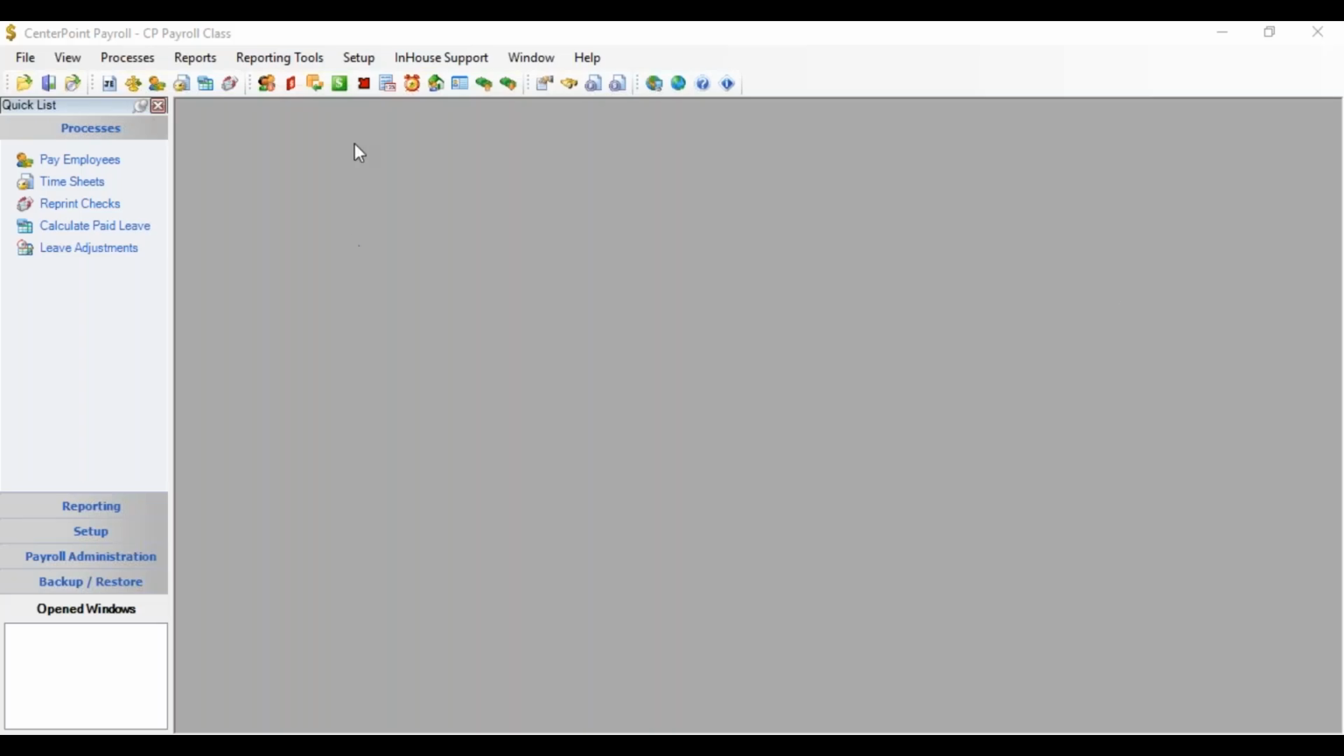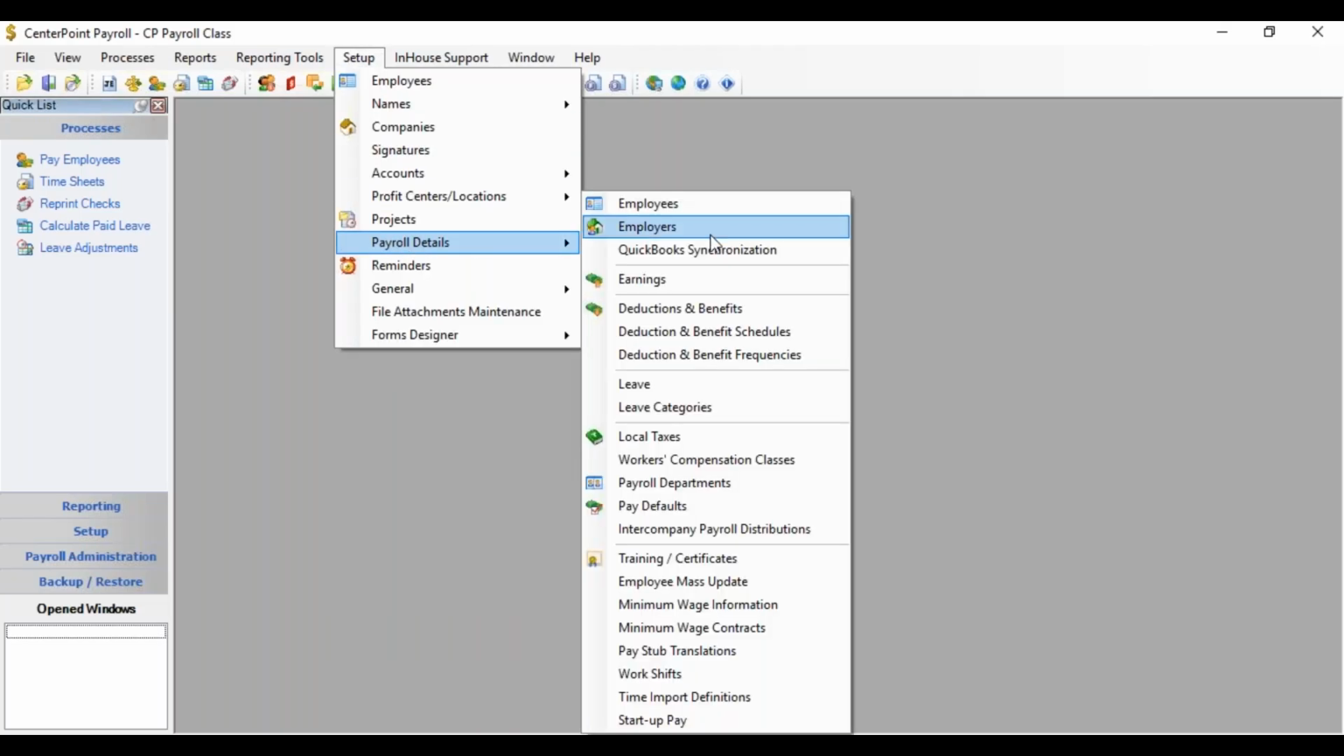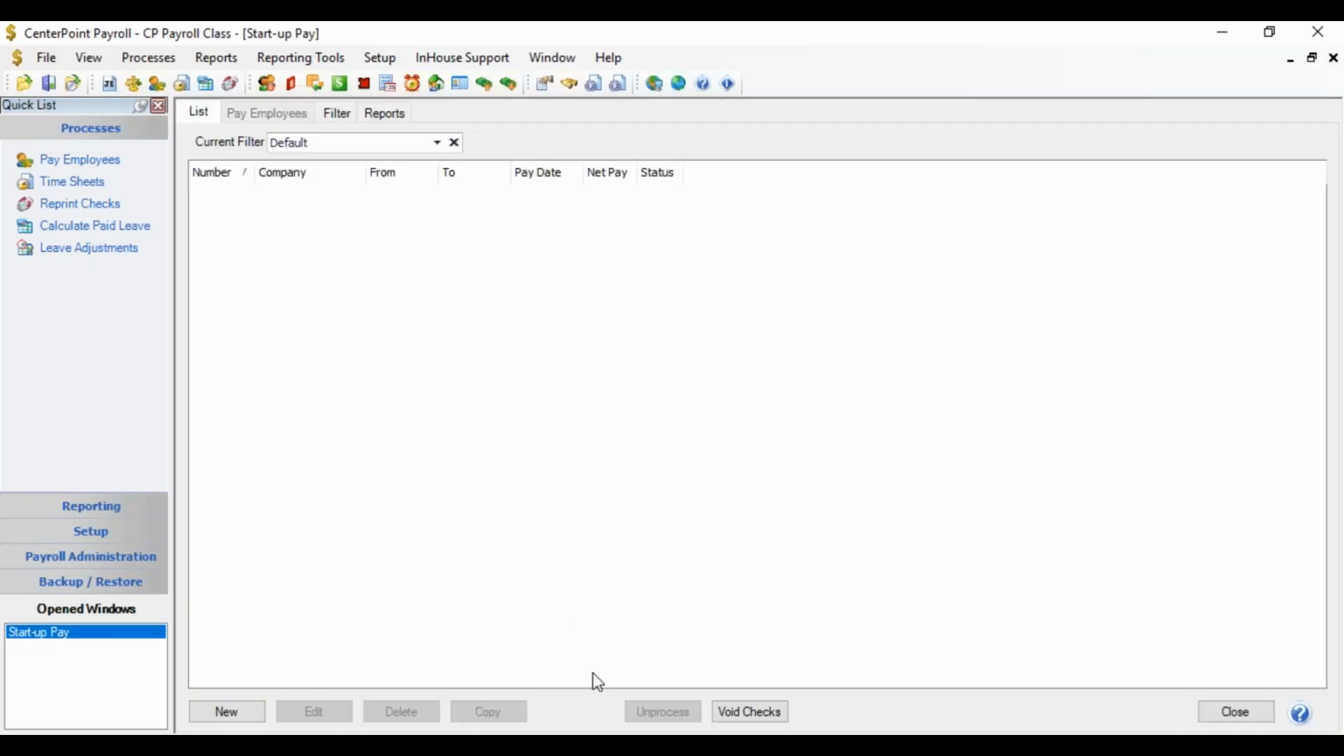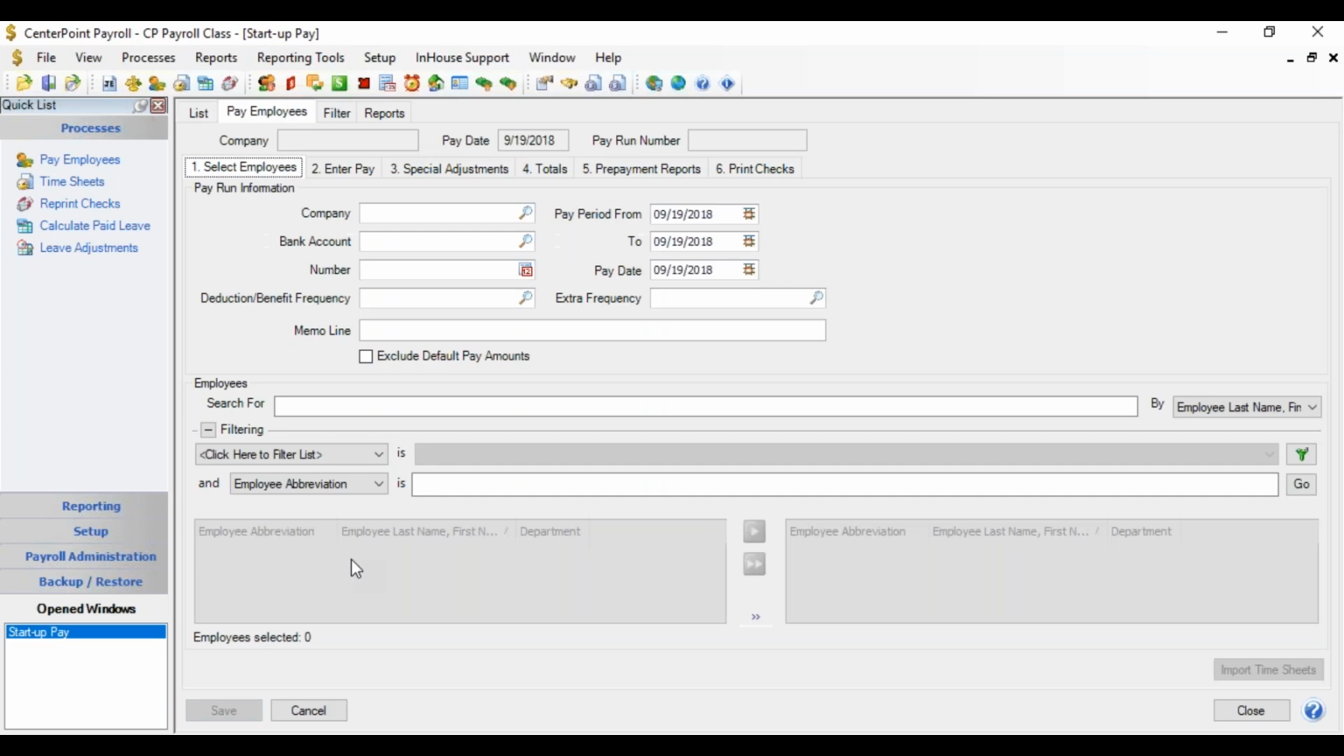The startup pay is done from the Setup menu under Payroll Details and all the way at the bottom, Startup Pay. You'll want to click your New button, and the screen looks very similar to the screen that you'll see in Pay Employees,